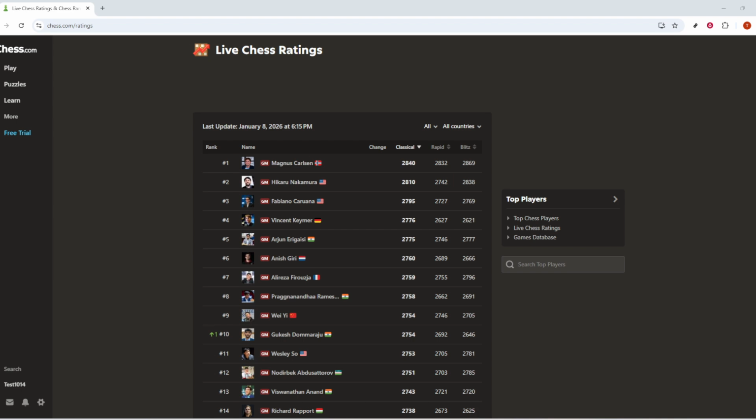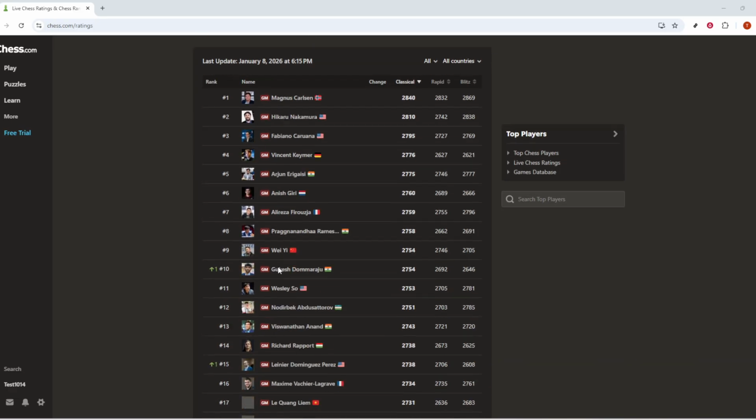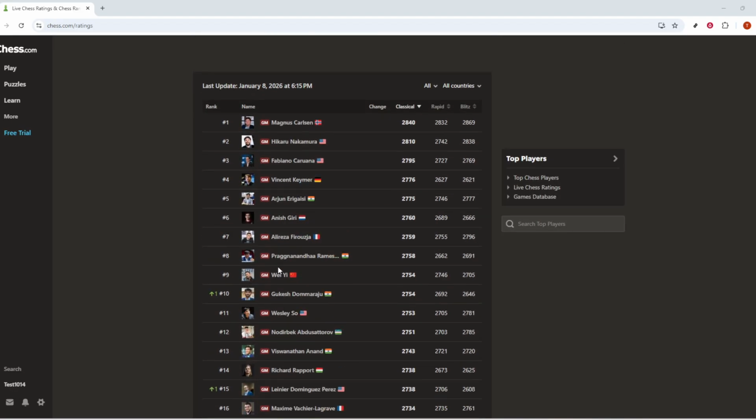That's all you need to do. Go to chess.com, click More, hover over Community, and select Chess Ratings. In just a few clicks, you can keep up with the top performers and stay informed about who's leading the charts right now. To make this even smoother, if the dropdown closes by accident, reopen More and hover over Community